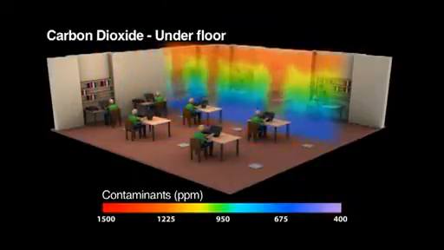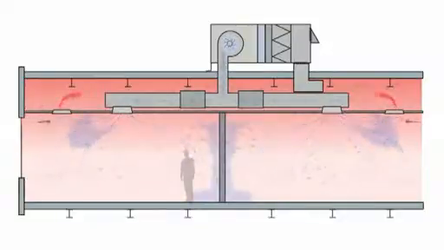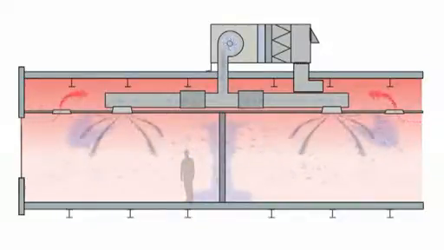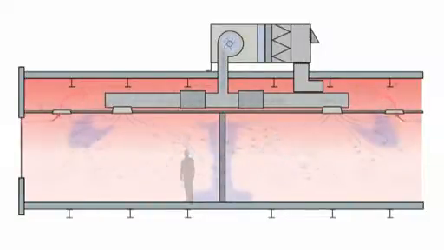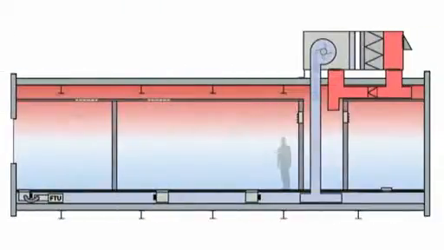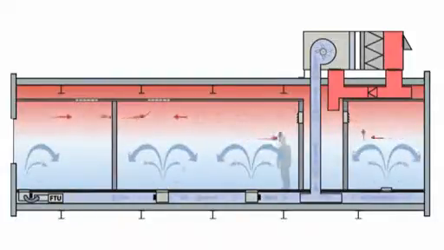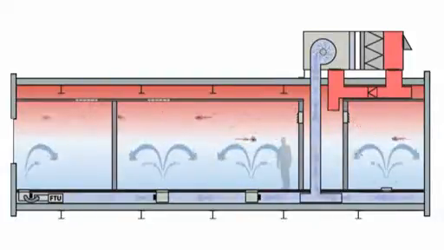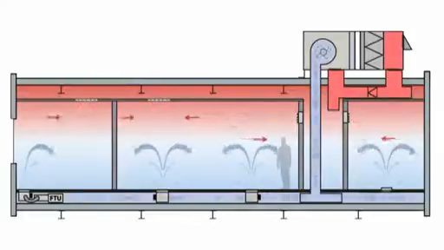In ducted overhead mixing systems, diffusers and return grills are generally located high in the space, which may to some extent short-circuit some of the conditioned air back into the return, reducing the cooling and mixing effect. With underfloor air, it delivers all the air low in the space and returns it all high. As we said before, the air enters the space and is mixed in about the first 4 to 7 feet of the space, allowing most of the heat and contaminants to stratify into the unoccupied zone, where return air is